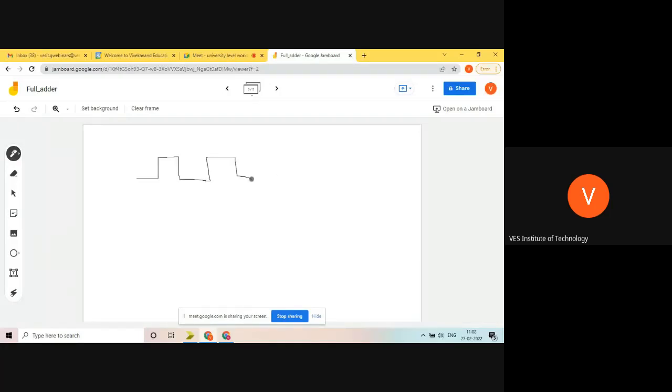So if this is the clock, this is the clock. Whoever knows, there is no need to understand new things. So it is just a repetition for them. Clock, and if it is a data, something like this.